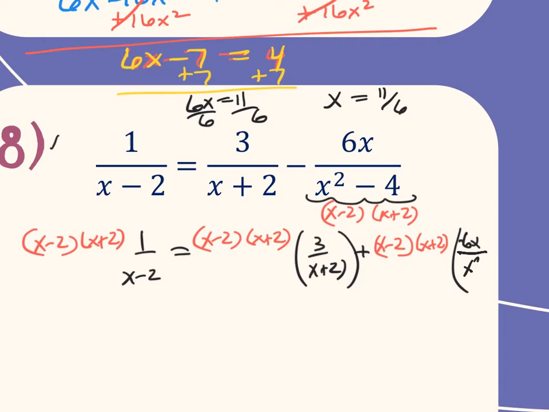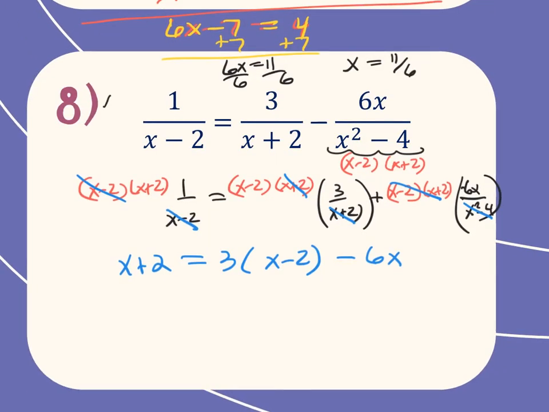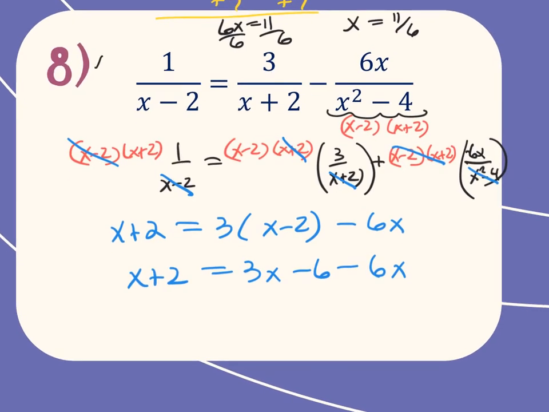All right, so all the black is the original, and then the red is that common denominator. So now these cancel, so then I'm here just left with x plus 2. This cancels, I'm left with distributing a 3 to the x minus 2. Both of them cancel, so I'm just left with, and there should be an equal sign here, not a plus sign. So I'm just left with -6x. I'm now going to distribute